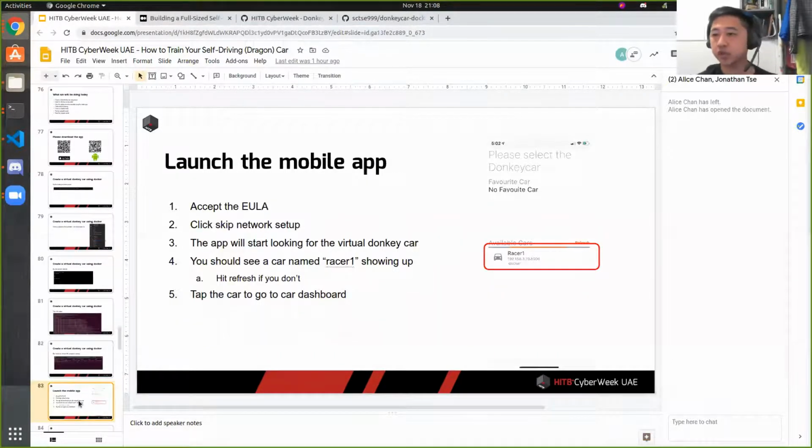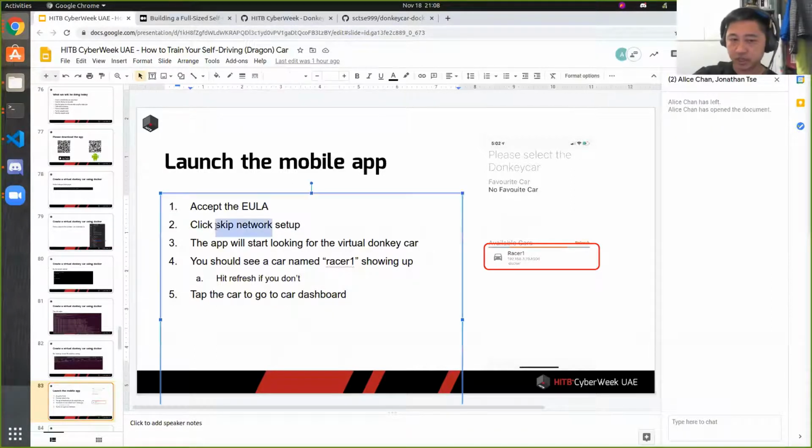So if you install the mobile app, you will see that the mobile app for the first time will ask you to accept some kind of agreement. You just click skip network setup. The app will actually start looking for the virtual donkey car. It will be trying to scan the network and see if it can find the donkey car